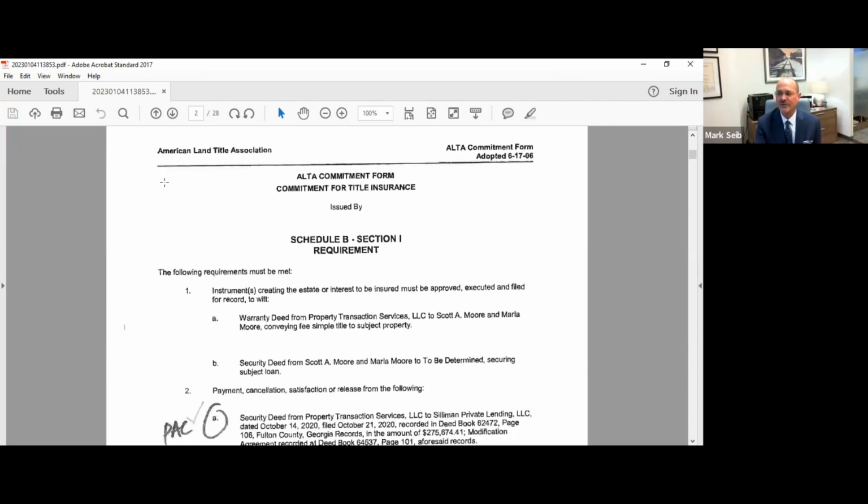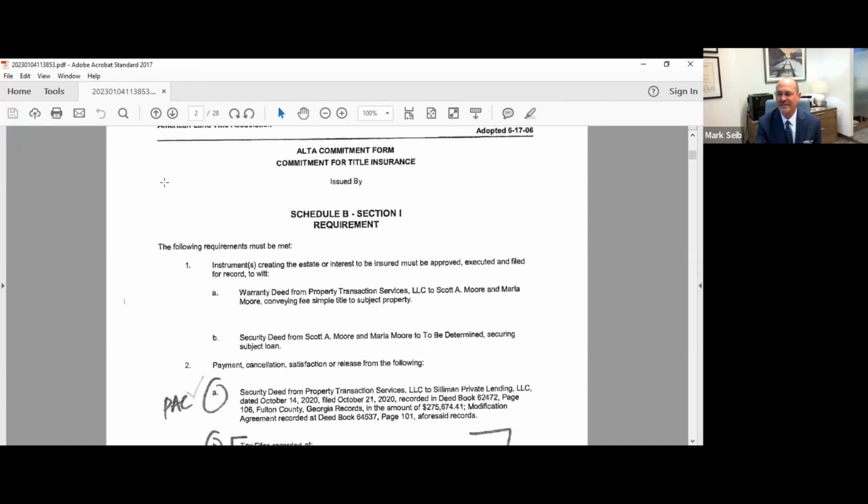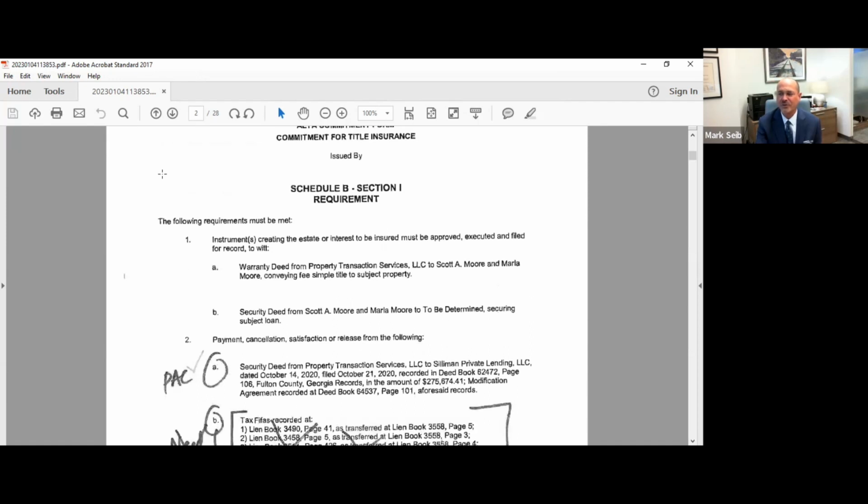All right, so under this one, Schedule B, Section 1, here is my list of requirements. Number 1, instruments have to be recorded. Well, that's on every title. If this is a sale, the law firm is going to have to prepare what is listed here as a warranty deed. The GAR contract, about 10 years ago,